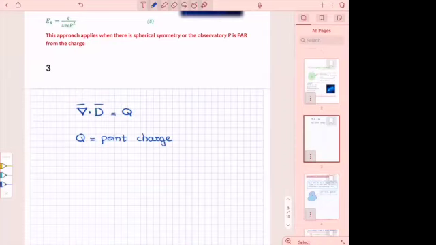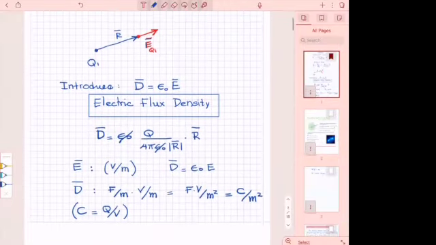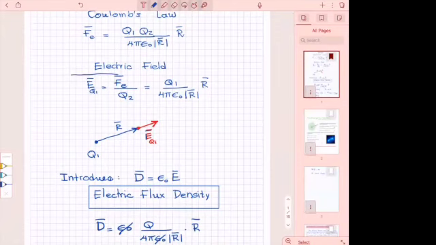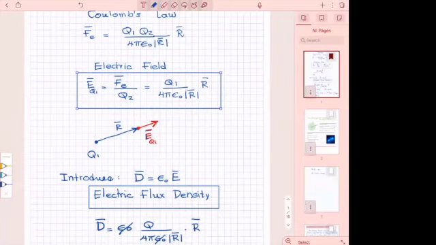Why is that? Because we are going to use this to find another way of solving problems. Instead of explicitly using Coulomb's law, which gives us E as a function of the distance, this is the result of Coulomb's law here, you remember that. This is one way of trying to find electric fields, where you remember we had two different charges and then we use superposition. That's the formula we use. This is formula 1,